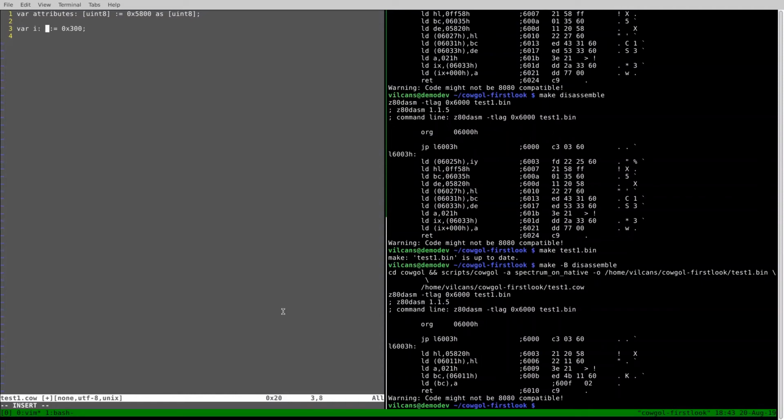We need to define that this is a 16-bit value. It won't fit into a byte. So it's an unsigned 16-bit int. And loop while I is not 0. And do the same thing as we did before. Put the value 41 into the address pointed to by attributes, and then we increase attributes by 1 to point to the next address,